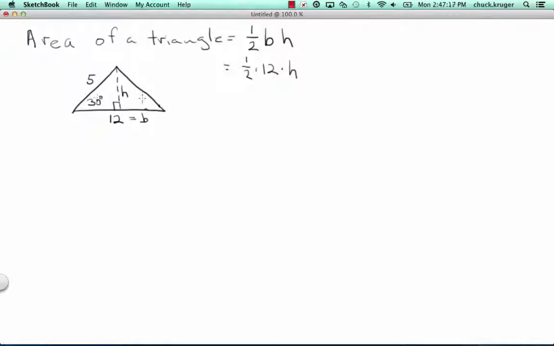And so that causes a little dilemma. We can take 1/2 of 12 and get 6, so I got 6h, and rather than write area of a triangle, I'm going to write the capital letter A is equal to this. So is there a way to figure out this h using trigonometry? Well, if you take a look at this portion right here,